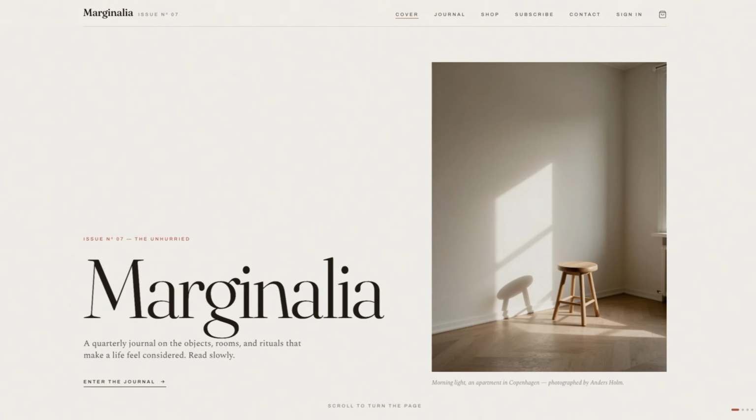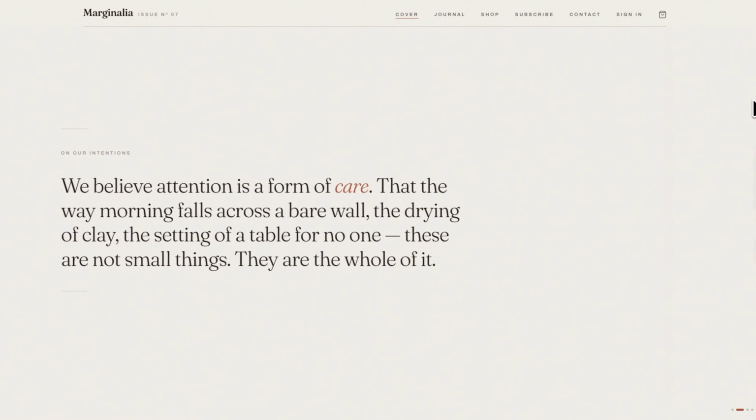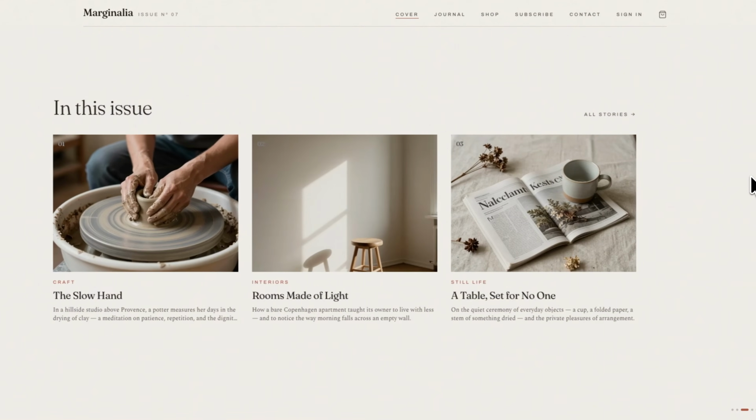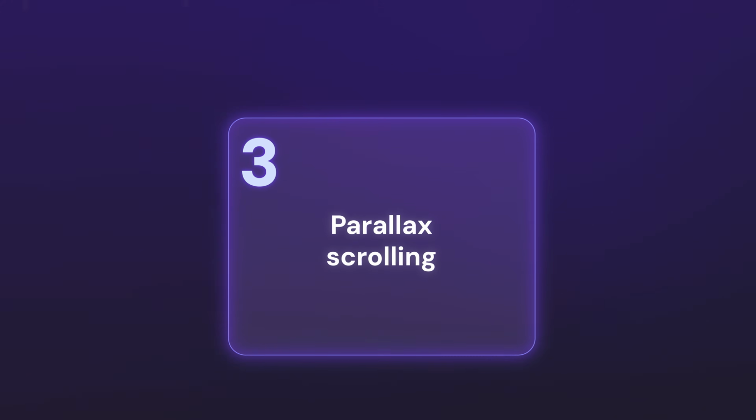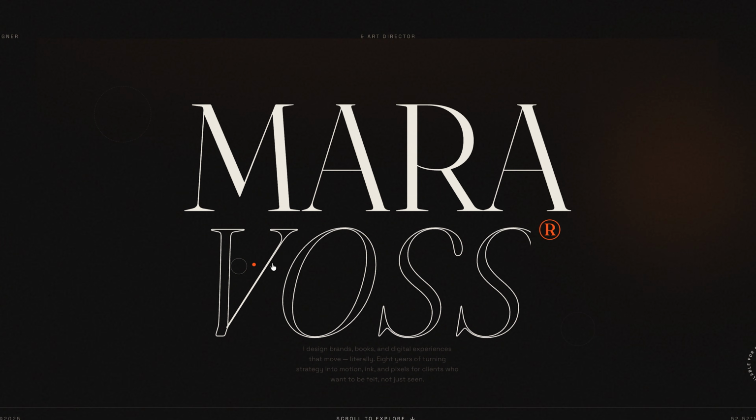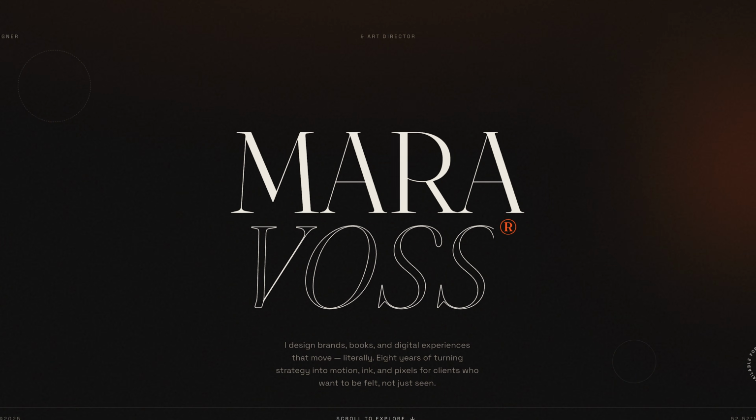Now, these are animations that come into view as the user scrolls down the page. It makes a website feel alive without creating a distraction, since the animation only happens when the user causes it. Number 3, parallax scrolling. Now, this is when background and foreground layers move at different speeds as you scroll, kind